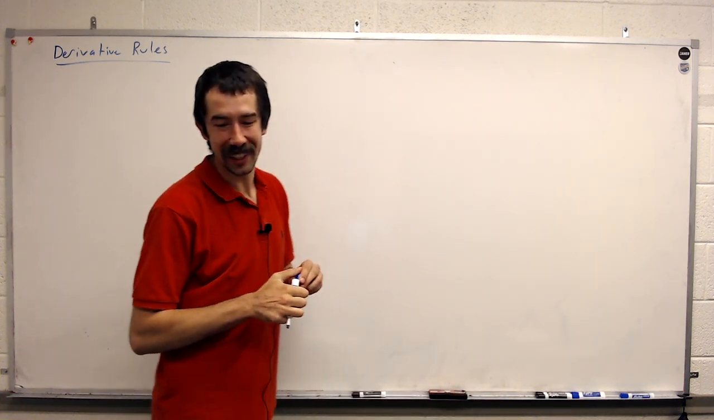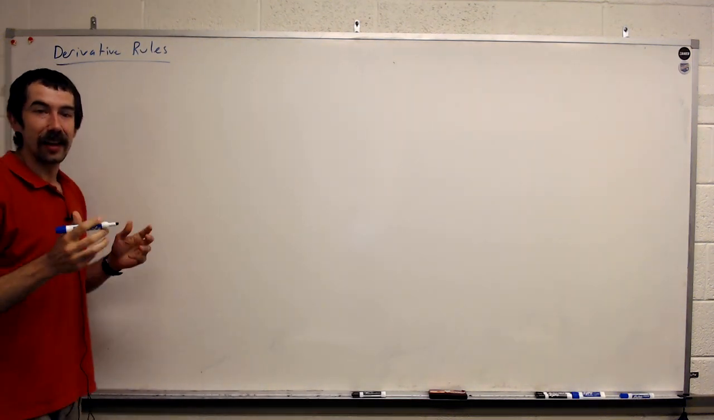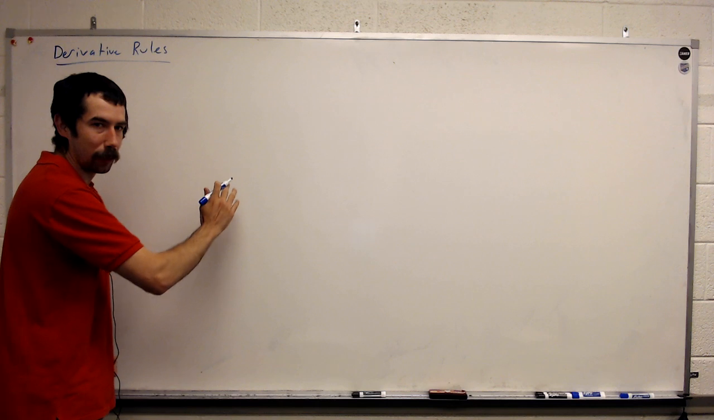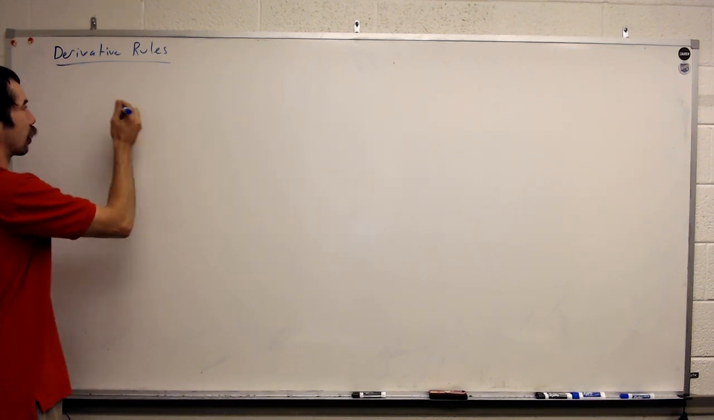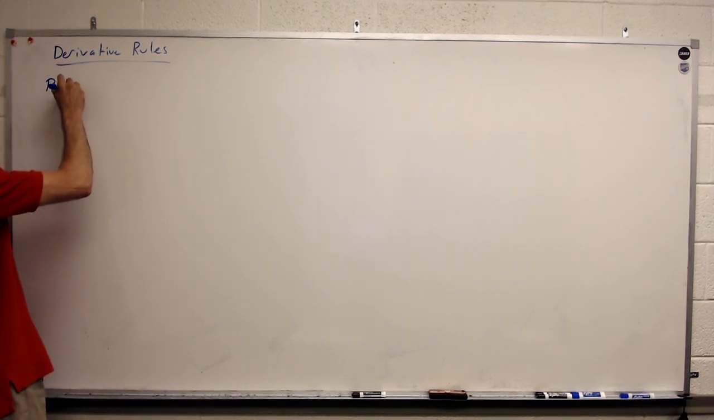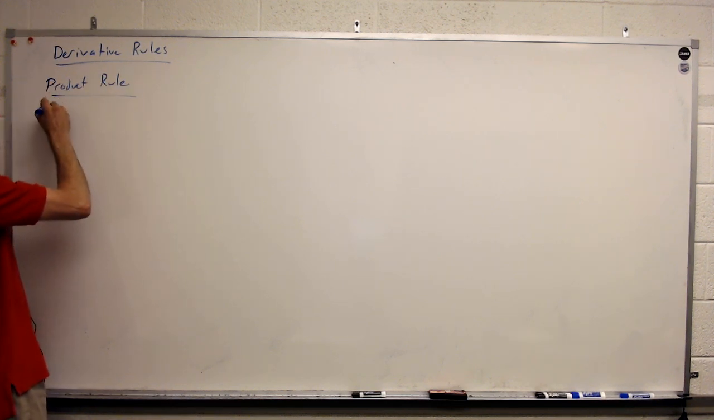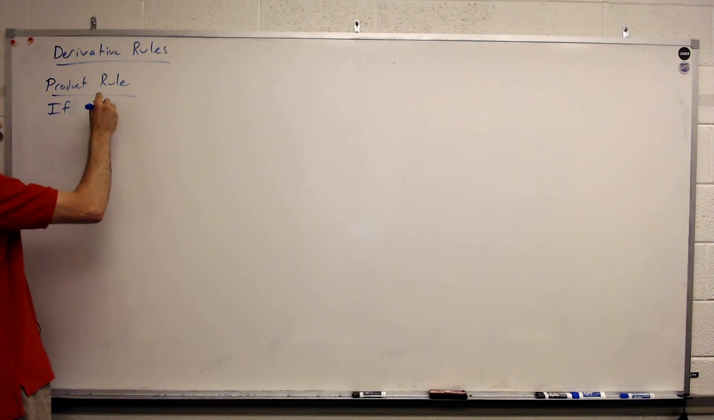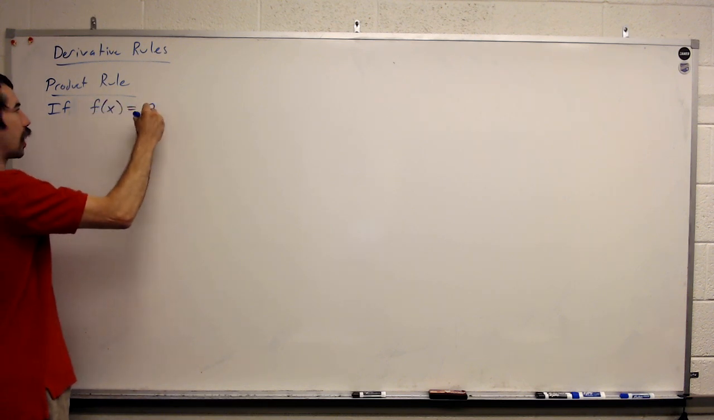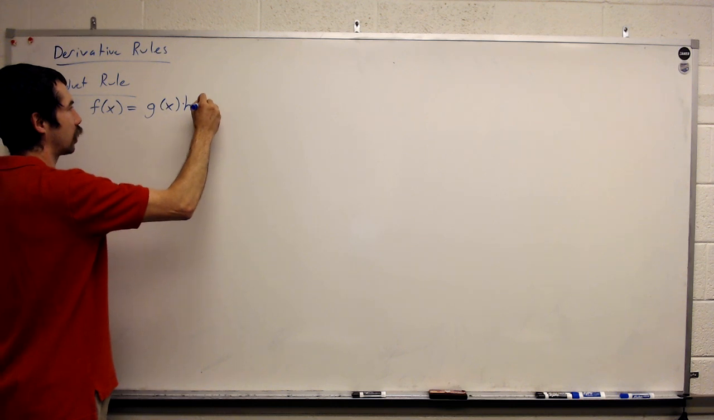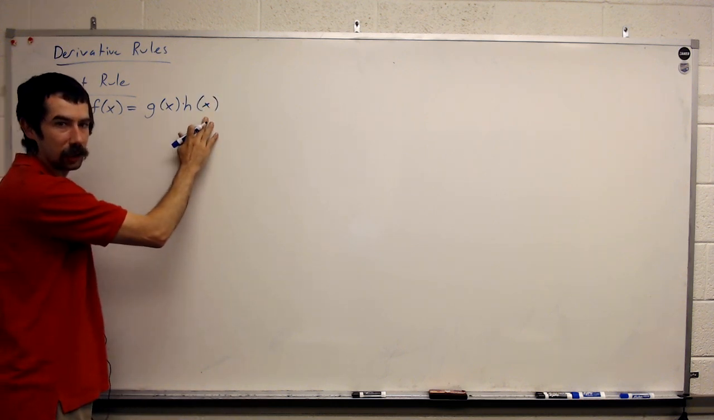Okay, so let's start with the product rule, right? We've already talked about how to take the derivative of x raised to a power. Let's now talk about a product. So this is the product rule. It says if f of x is the product of two functions. So I'm going to say if f of x is g of x times h of x, right? If we have the product of two functions,